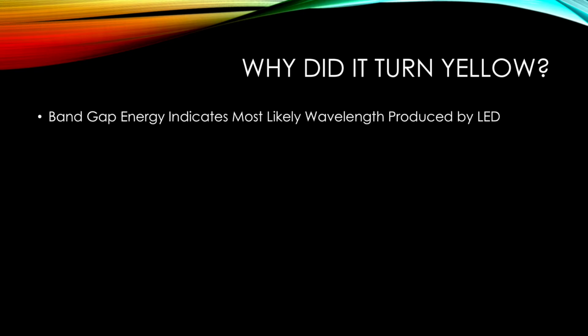LEDs have a band gap energy. That's the energy electrons have to overcome at the p-n junction. And when they do so, they give off a characteristic color or wavelength of light that's associated with the band gap energy. The most likely or peak wavelength produced by an LED is indicated by the band